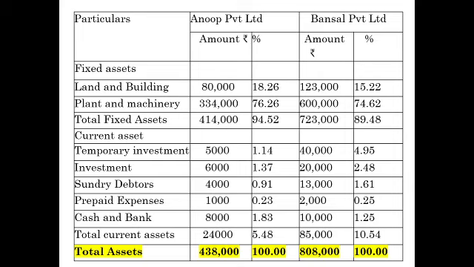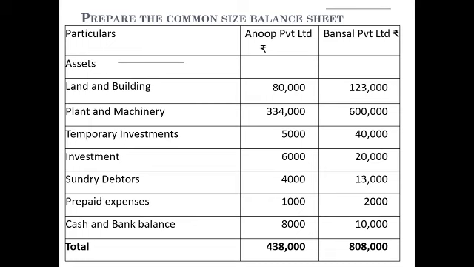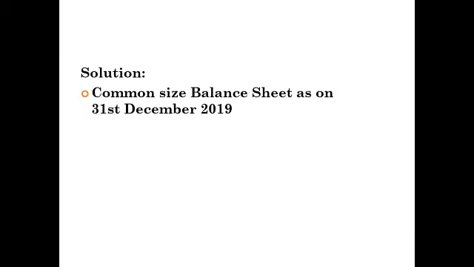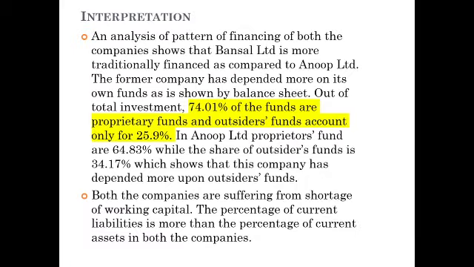So ultimately we can recap the solution. Whenever any problem is given, go through that problem first. Next, in the solution part, make 3 steps. First step, redraft the balance sheet. Second step, take the total assets as 100. And third step, calculate all the individual assets and liabilities in terms of percentage of the total. And finally, you go for some evaluation.